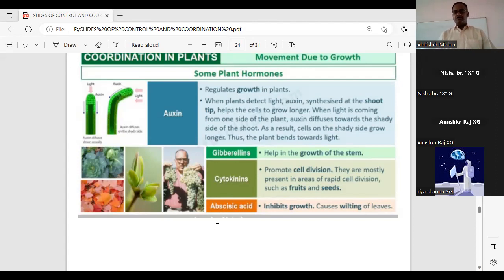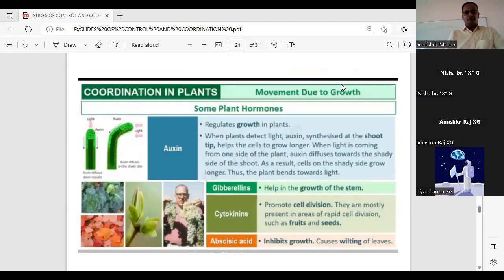But if the stomata remain open all the time, there must be someone who will close the stomata. So who is closing the stomata? It is the abscisic acid, which we call a growth inhibitor. Plus, the word abscisic means abscission, that is wilting and falling of the leaves. Is it clear to all, the function of the hormones? The plant growth hormones are clear to all?